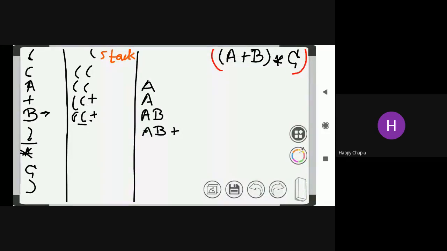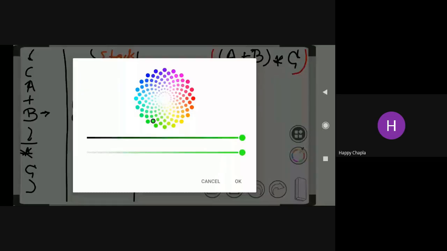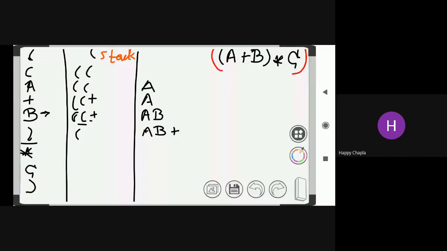The rule is to remove that starting bracket, neglect it, and pop out every element. So how many elements have I popped out? One, that is plus, and second, the opening bracket. Both of them I have popped out from this stack.